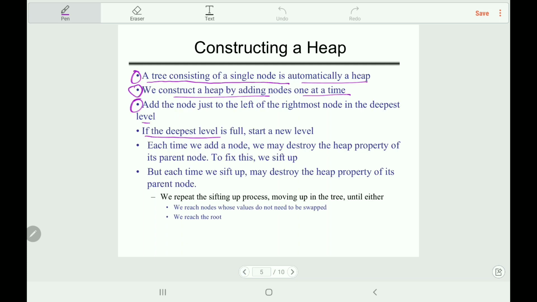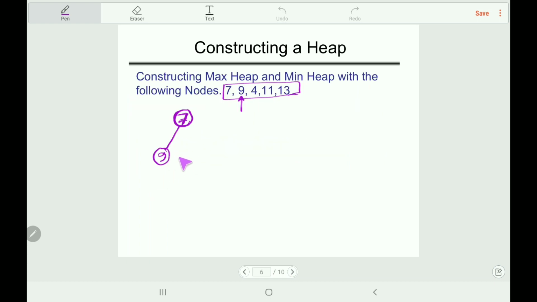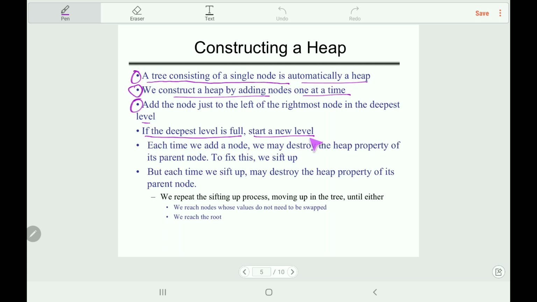Now if the deepest level is full, start a new level. So here, there is no problem, we can also insert a node here. However, if we want to insert another node, we must insert it on a new level because this level is full. When this level is full, we should start from a new level. That is mentioned in the steps, and each time we add a node, we may destroy the heap property